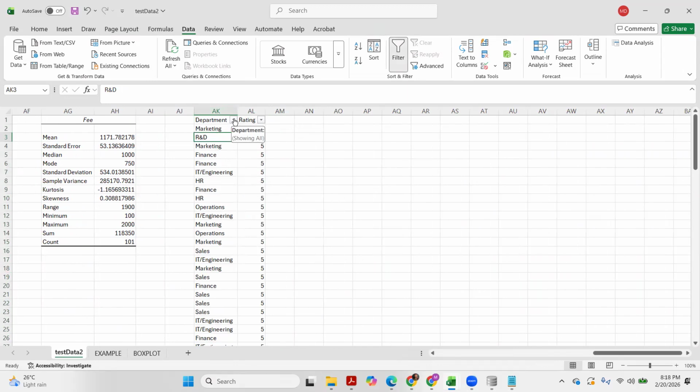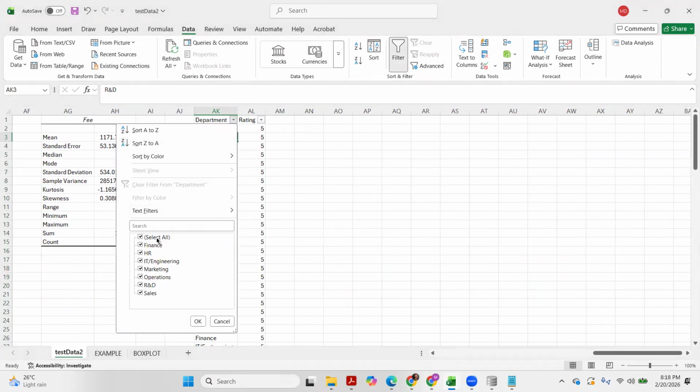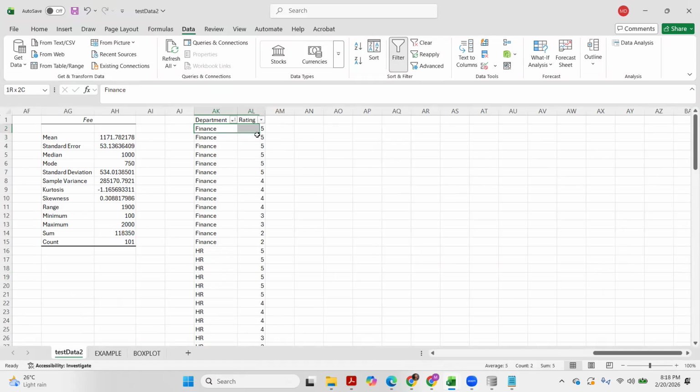So I want to arrange, or sort, in terms of department. So it's now sorted. And we want each department to have a column. So again, to make it fast, I just copy Finance, HR.